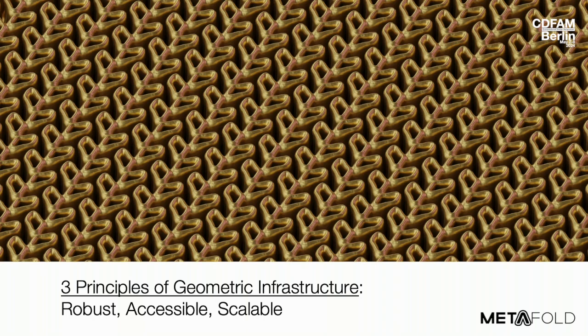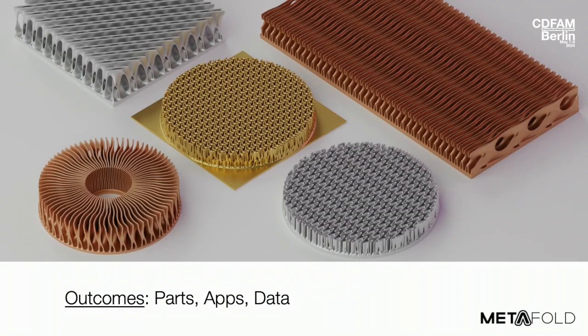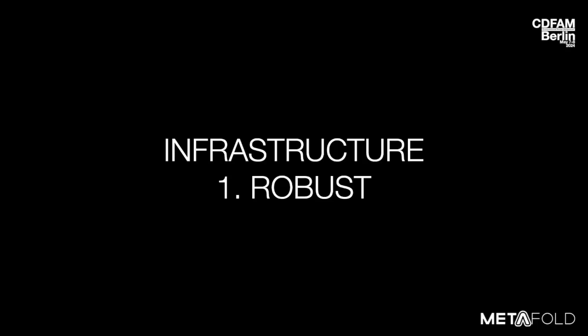And so in the rest of the presentation, I will share how we think about these ideas at Metafold and what they lead to. They lead to new kinds of physical parts and products. They lead to new kinds of software applications, and of course, new ways of working with 3D data. Beginning with the first principle, robustness. And just to level set us here, Metafold really offers two products for those of you who aren't familiar with it. The first is a web application, which I'll show you in a minute, and the second is our API, and I'll also talk about that later. But both draw from our own cloud-based implicit geometry kernel. This is our geometric infrastructure.